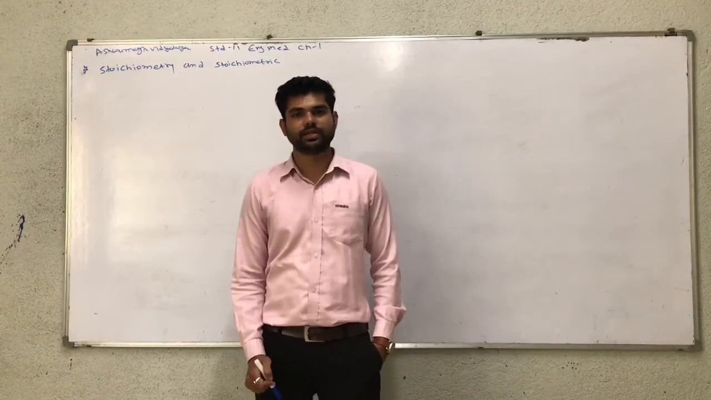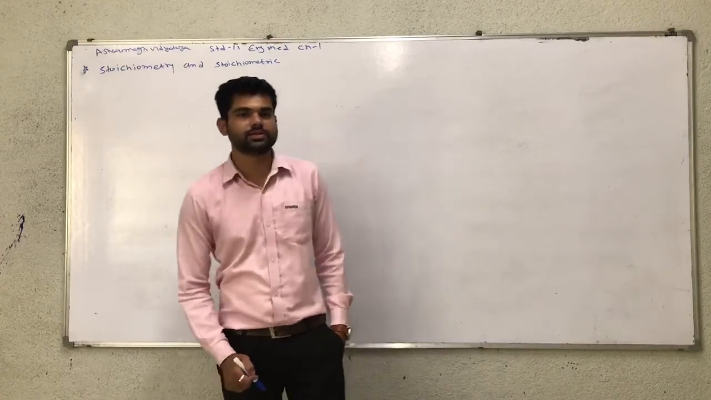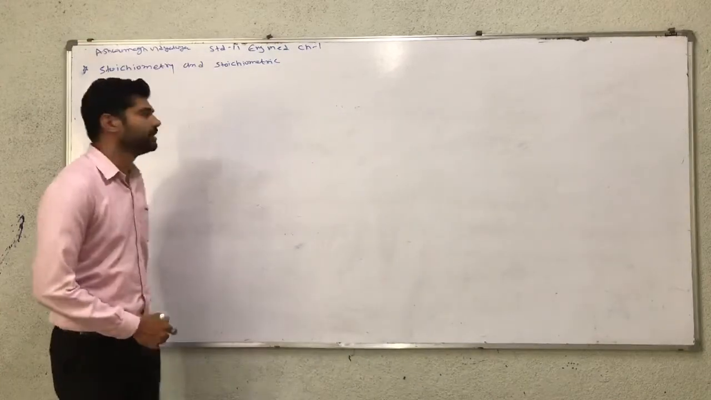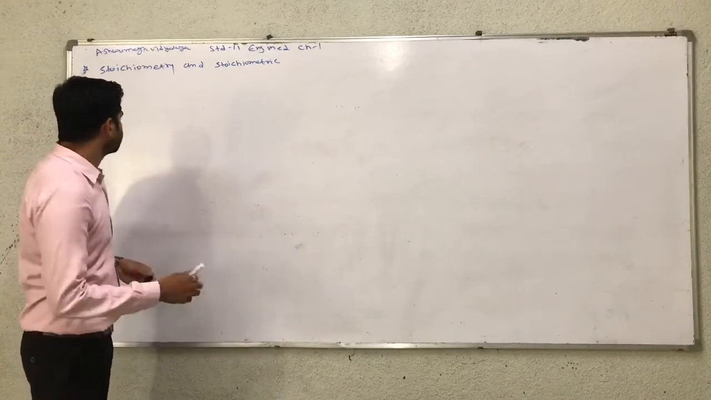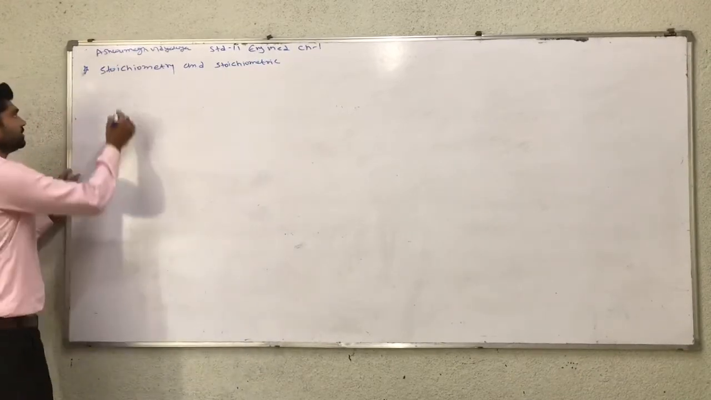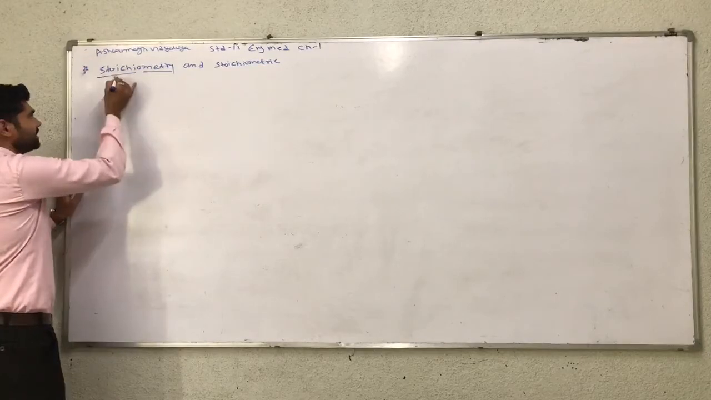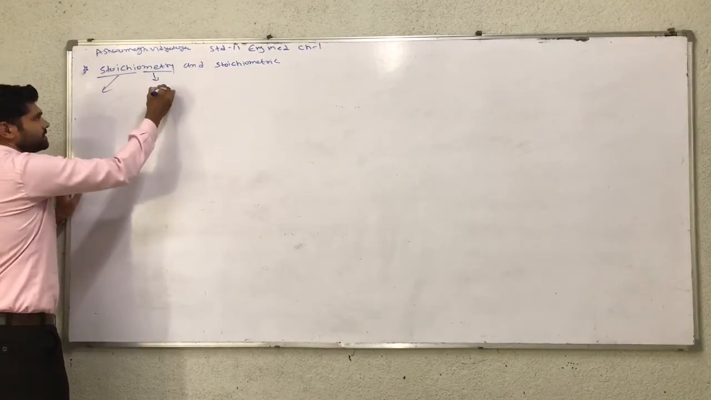Today we learn standard 11th English medium subject chemistry, chapter number 1. Topic name is stoichiometry and stoichiometric calculation. First understand the word stoichiometric. Two parts: metric and stoichio. Metric means measurement